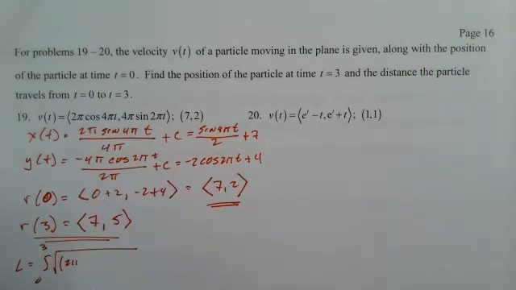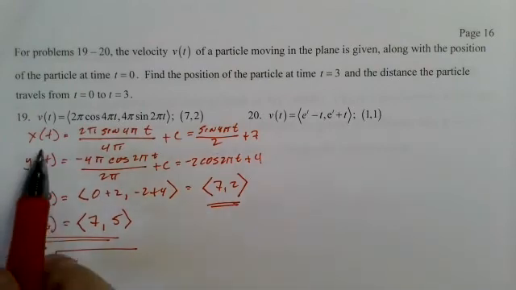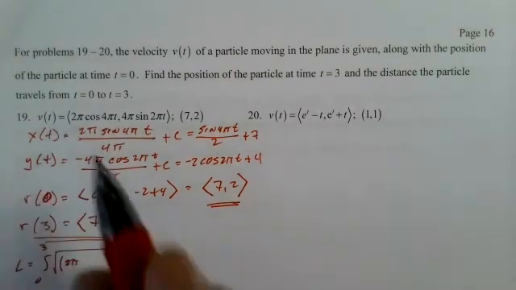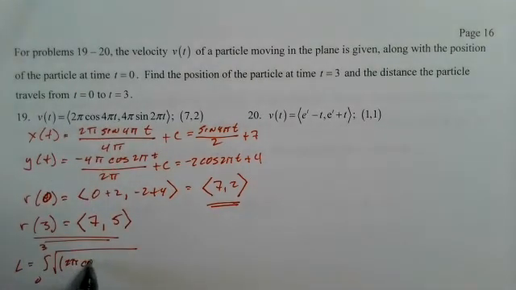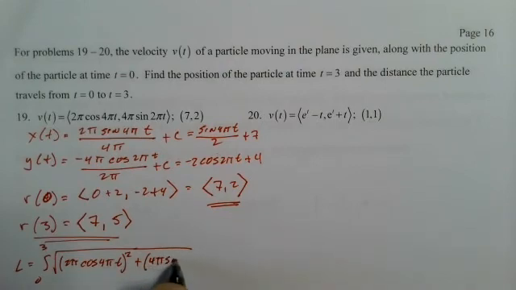I put the y first? Doesn't seem right. That's right, it's the derivative. Never mind, I put the x first. I would have put r of t in here. I would have been wrong. I have to put the derivative, the velocity, in here. 2 pi cosine, good thing I wrote this out. 4 pi of t, that was really smart of me, plus 4 pi sine of 2 pi t squared dt